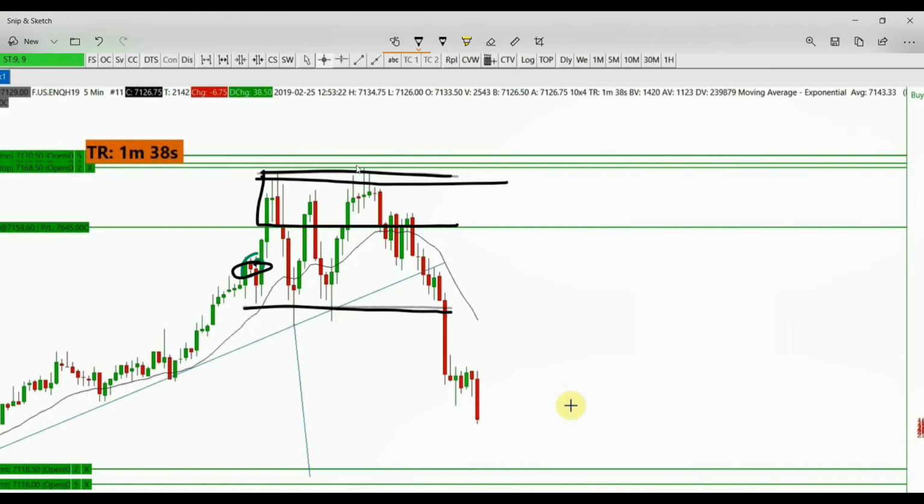And it created a nice small supply zone right here, okay? The market came back into it, sold off a little bit. When it came back again, it showed weakness. That's when I got in, okay? And I actually went heavy on this because if you look at the whole market, okay,